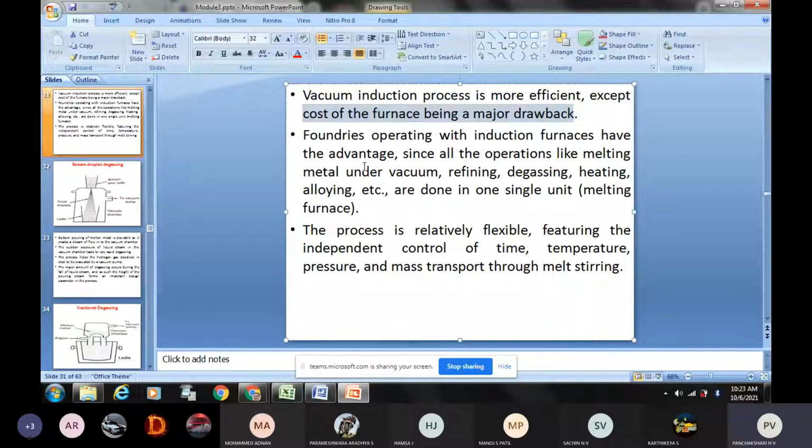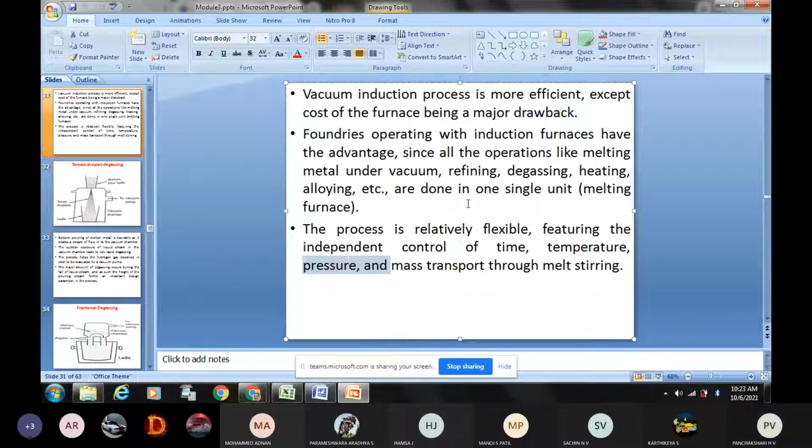The process is relatively flexible, featuring independent control of time, temperature, and pressure. Time can be controlled, temperature can be controlled, pressure can be controlled; everything can be easily controlled. But the major problem here is the cost, because we need to build a very big vacuum chamber and continuously monitor and maintain the vacuum within that chamber. It is very difficult, and nothing but very expensive. That is about the